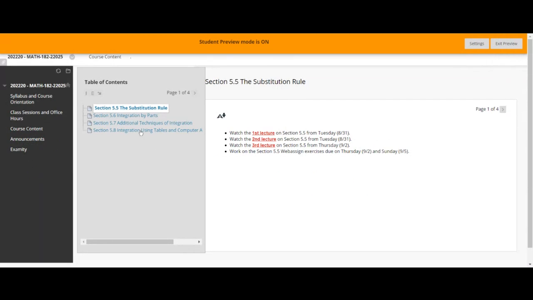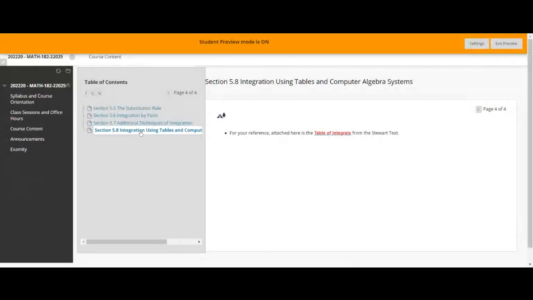Section 5.8 it says, for your reference, attached here is the table of integrals from the Stewart text. So all you need to do, try clicking on that red link, table of integrals, and it should bring up a table of integrals, like a document that you can download. Okay, so when you click on that link,